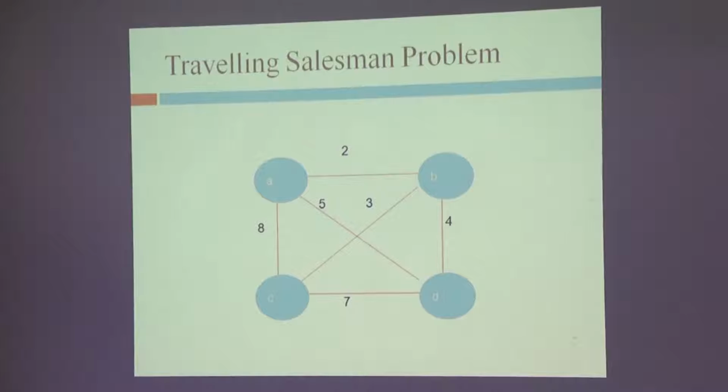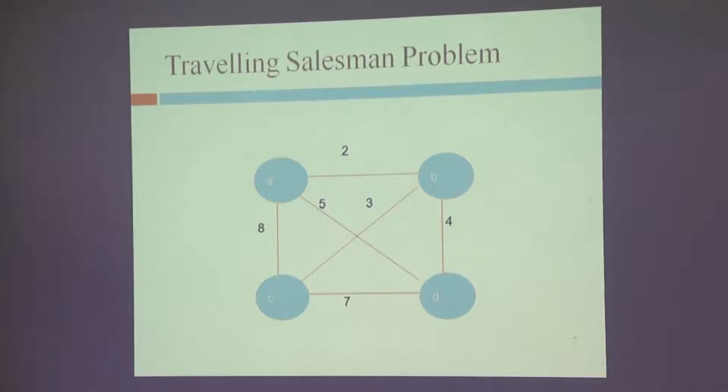Pick up 2 edges which have smaller weights. In the sense, for A, the edges have weights 2, 5 and 8. Take the 2 edges, just make a note, AB and AD. Okay? And along with that you write the weights also. So consider 2 edges which have the minimum weight with respect to the other edges. So with respect to A, the edges are AB and AD. The weights are 2 and 5. Likewise, you write for the other vertices.